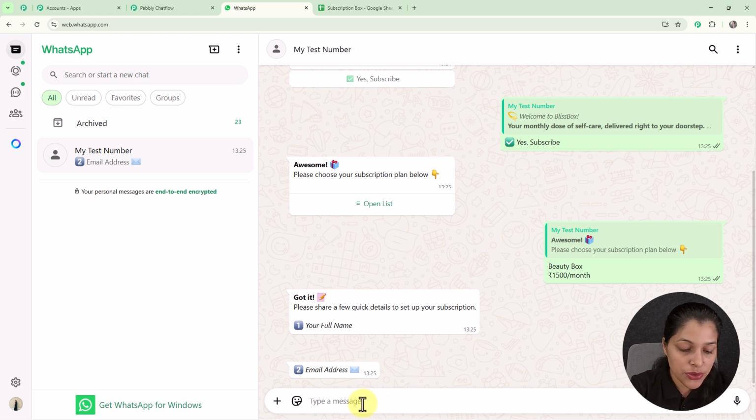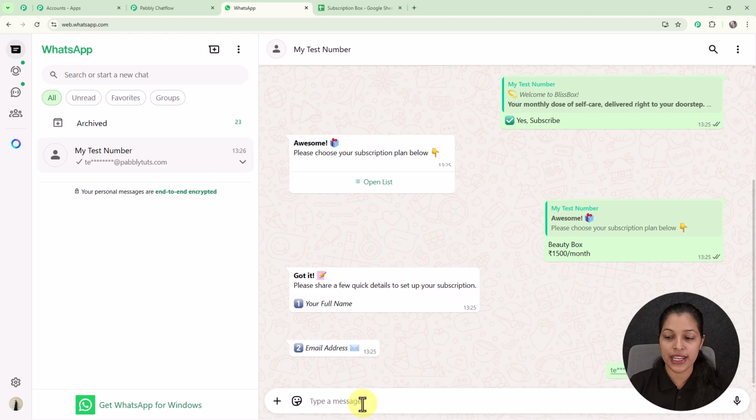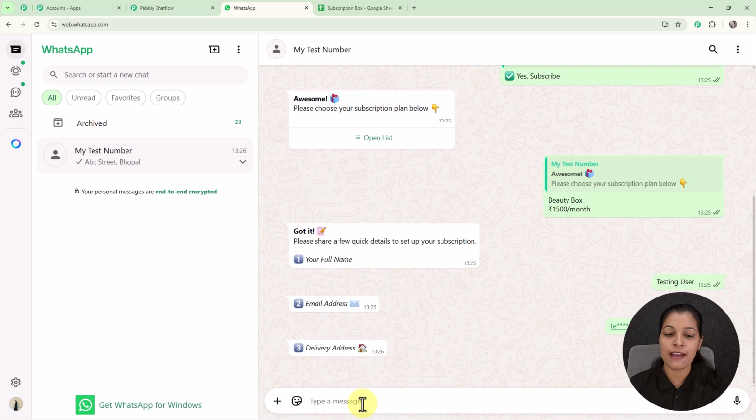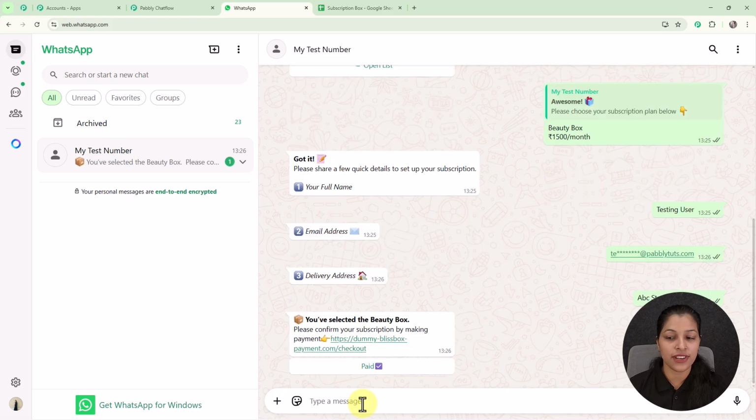Now I am going to enter my email address as testinguser@pabblytudes.com. So now I am going to enter this, and as I have provided this email address I am getting the option for entering the delivery address. So now I am going to enter my delivery address over here. Here I have provided my delivery address as well, and as I have provided my delivery address I am